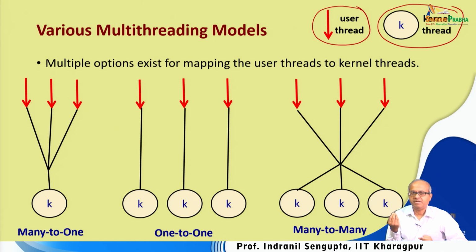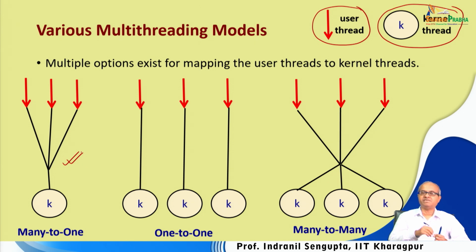Now, there can be multiple possibilities. One possibility is the first diagram on the left, many to one. Many user threads are mapped to a single kernel thread. See, this is a little old concept. Today you do not see this, because today almost all operating systems support multi-threading in the kernel, but this